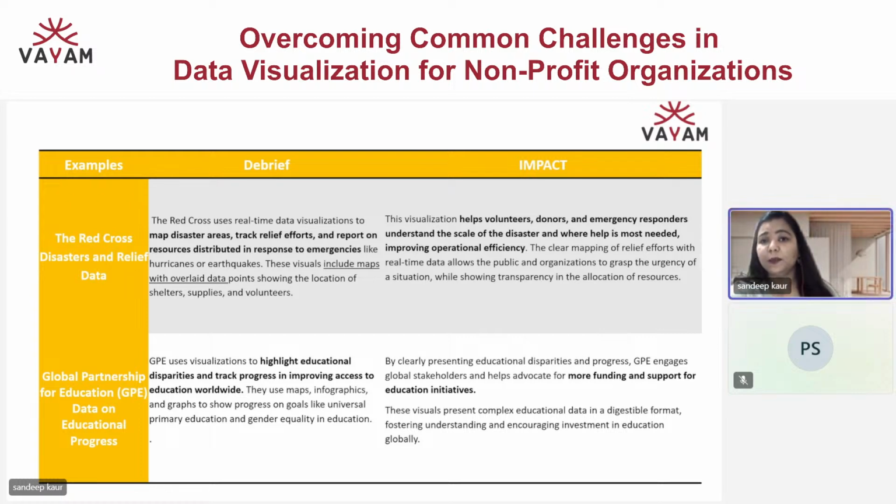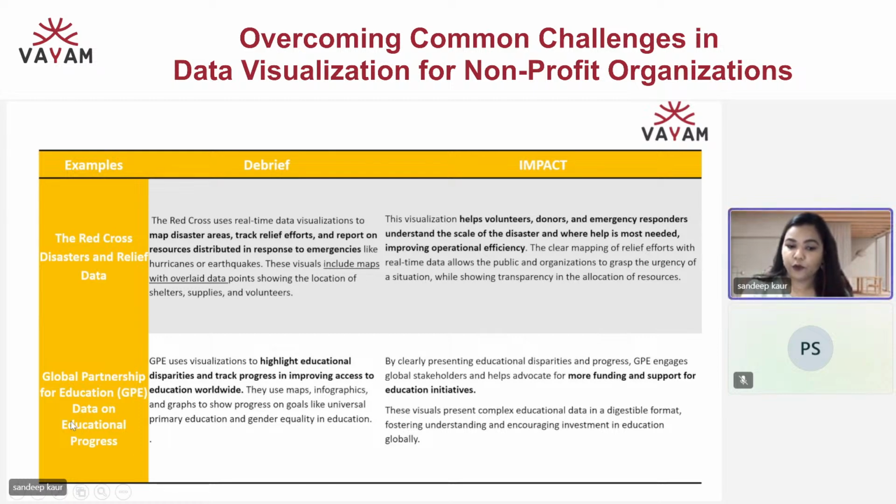It motivates other people to volunteer and contribute to strengthen the supplies. That's the impact they build by showing real-time data: this is where we are, this is what support we require, and this is how we are engaging in an enhanced, active, rather proactive manner.